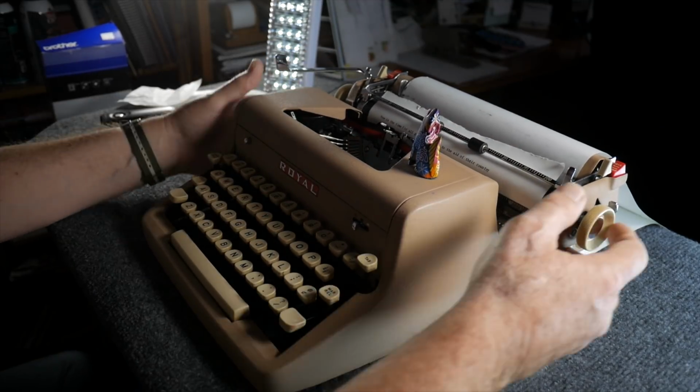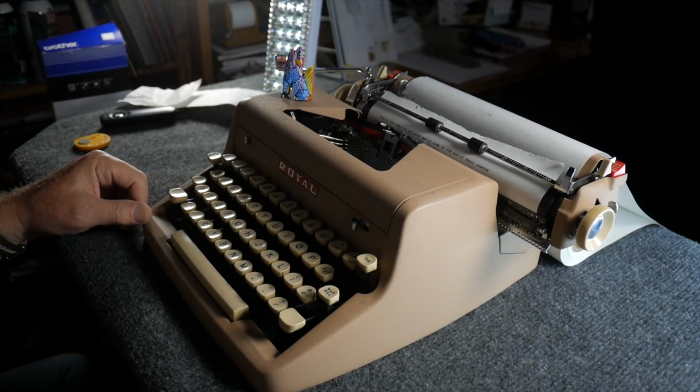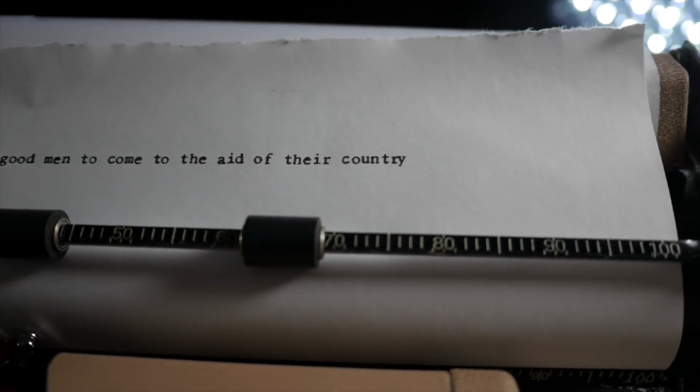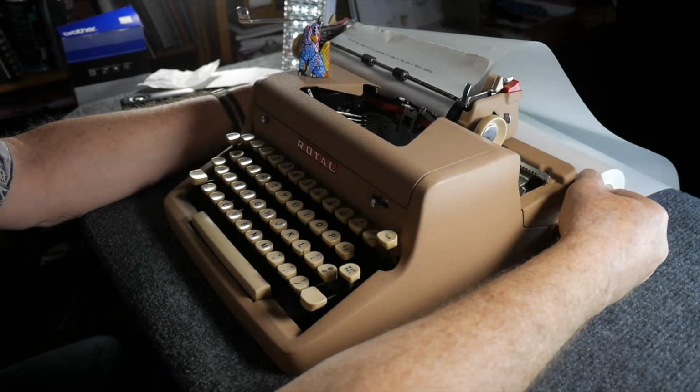Well, that's pretty good, actually. Move the Coyote over here. Let's take a look at this, shall we? Well, I am pretty impressed with the darkness of this imprint. And oh, by the way, this is not really an optimal setup for using a roll of